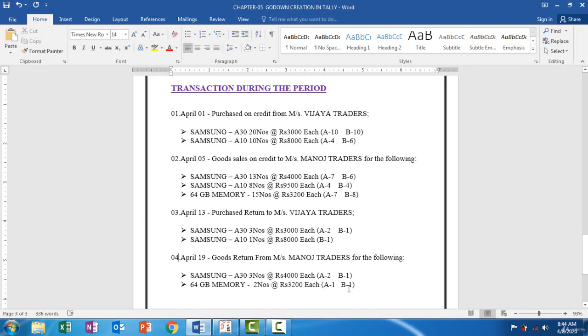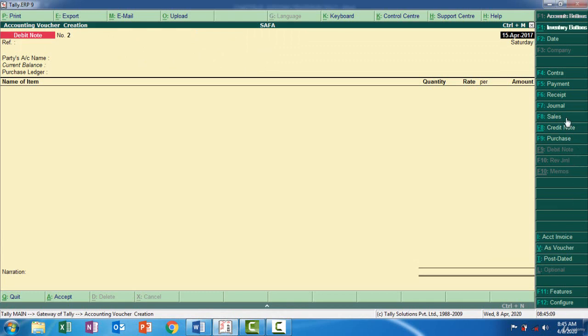Okay, how can we enter this? It is the credit note, right? Because it's a sales return. If we have a sales return, we have to choose the credit note. So now I'm going to enter the details into Tally. I'm going to choose the credit note first,